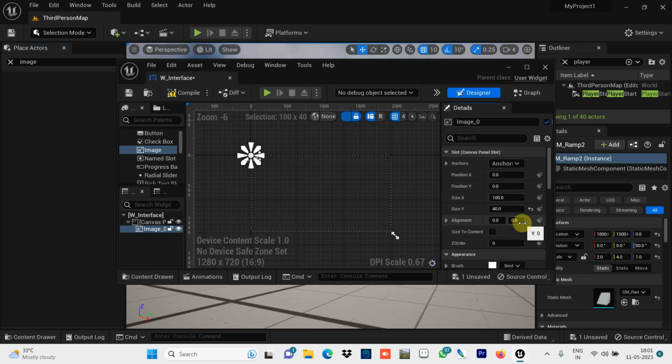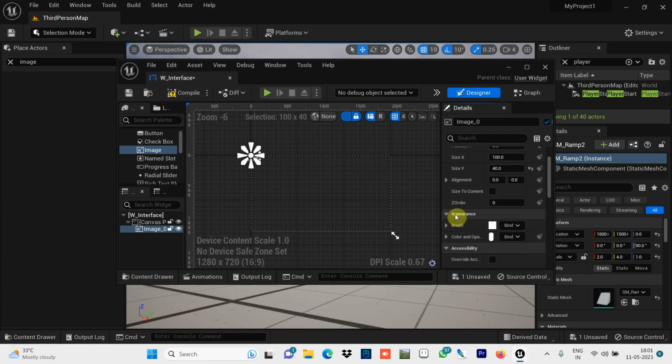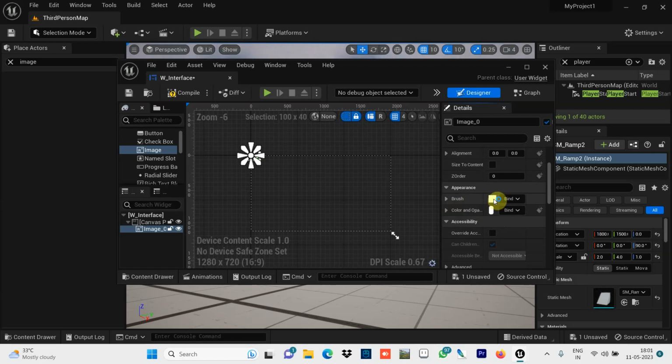The next thing you do, you can see the Appearance. In the Appearance you can see the Brush. In the brush you select some color here. It takes some time, but it is opening the various colors.